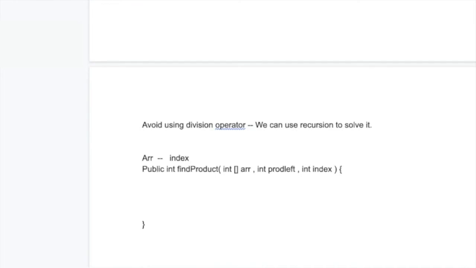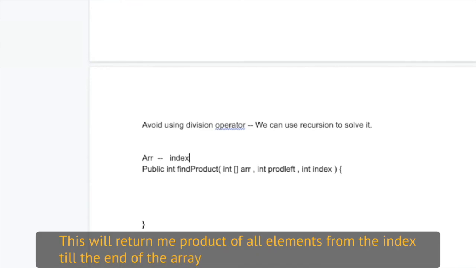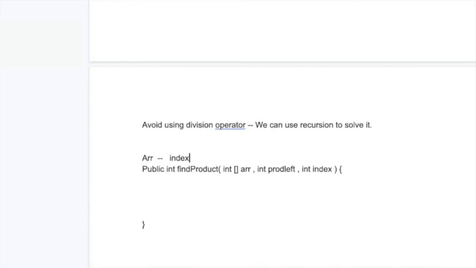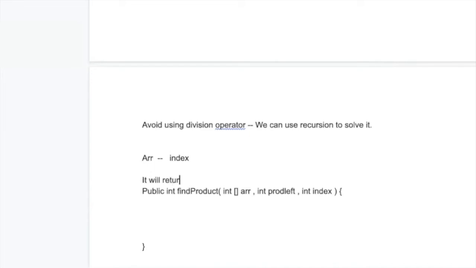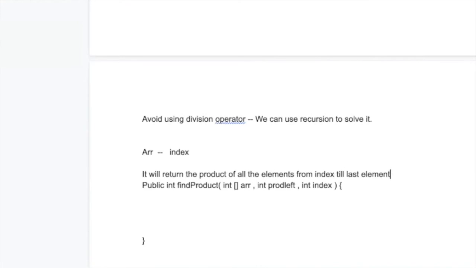And if I also pass the current index, this will return me the product of all the elements from the index till the end of the array. Clear, everyone, the meaning of this function? Okay, so this is the function that we have defined.